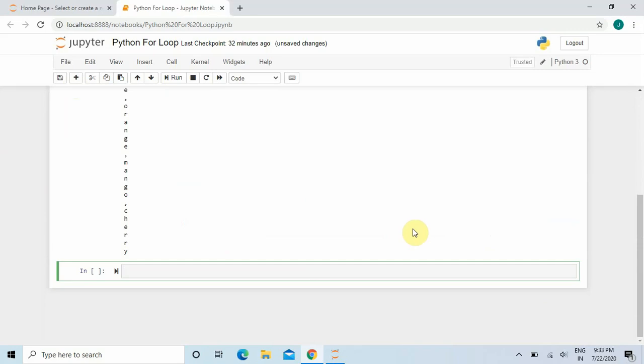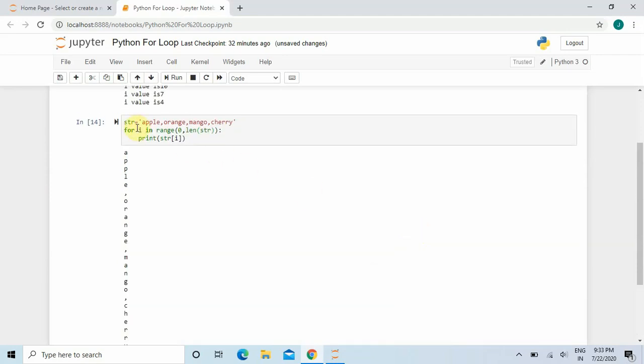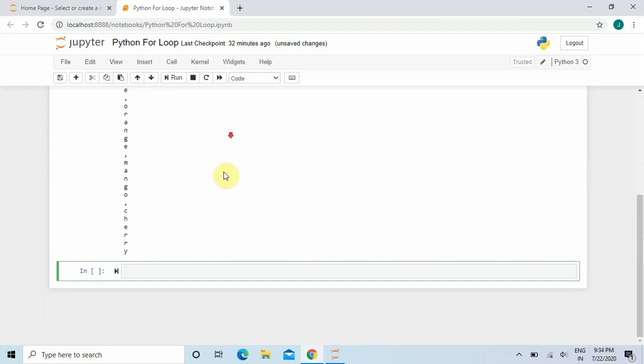I am taking the string, but I am not considering the string as letters or characters. I am taking a number string. Suppose str is equal to 2, 3, 4. So here I am taking it as a number.